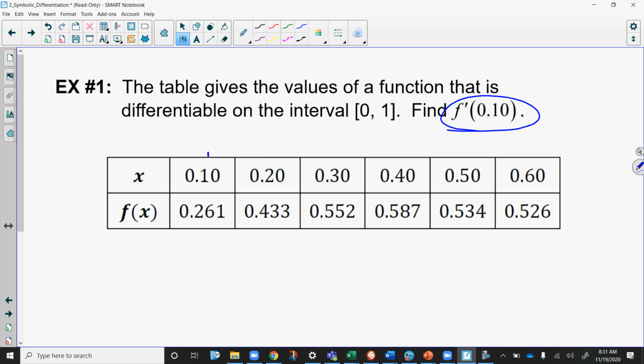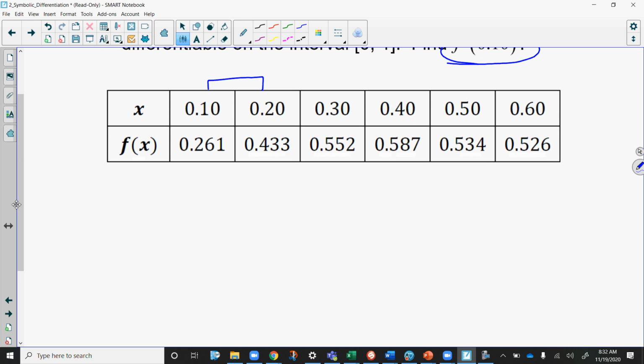so we'll take the point itself and the point immediately after that, and we'll just do our normal difference quotient, the slope formula, to figure out what that's going to be. So here we'll say f prime of 0.1, or 0.10, however you want to think of it. The change in y will be 0.433 minus 0.261, and the change in x will be 0.2 minus 0.1,